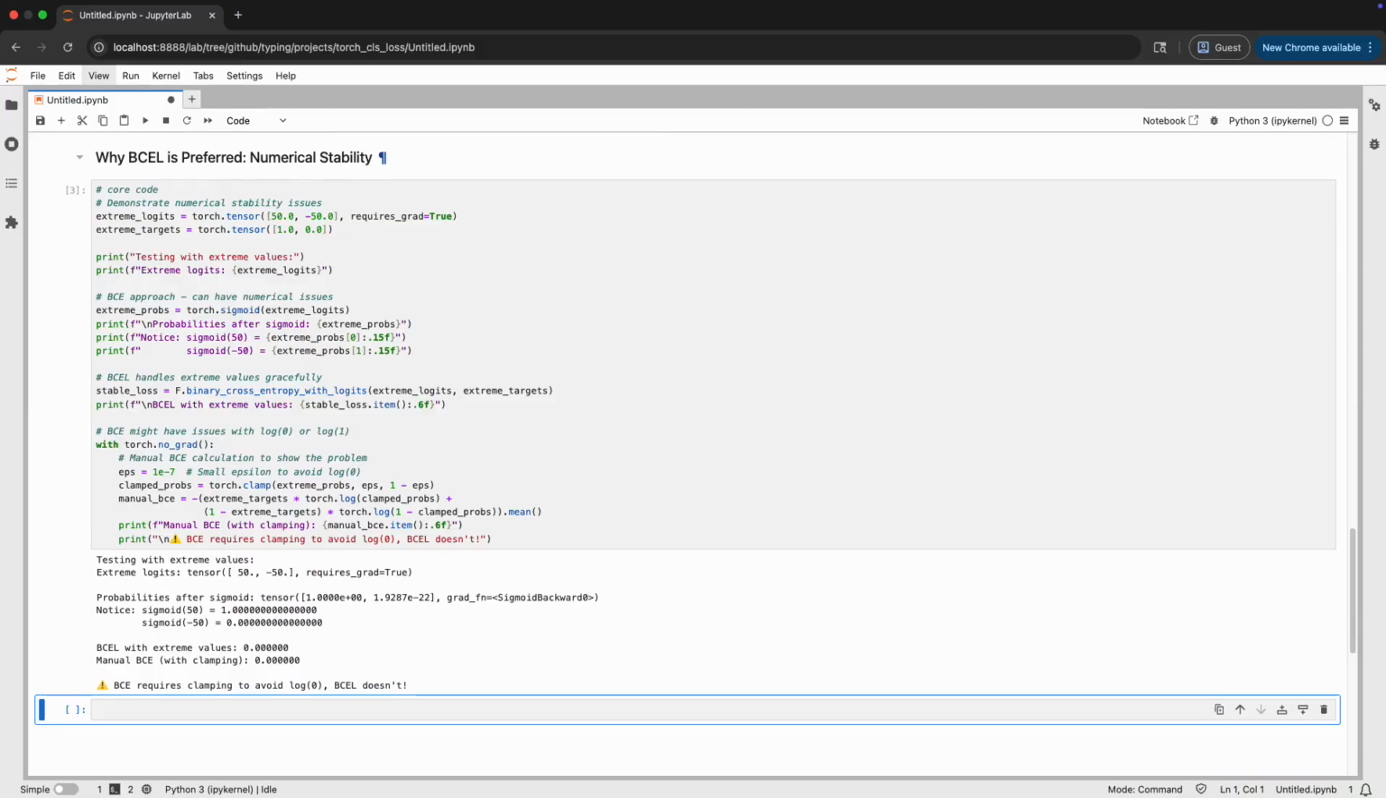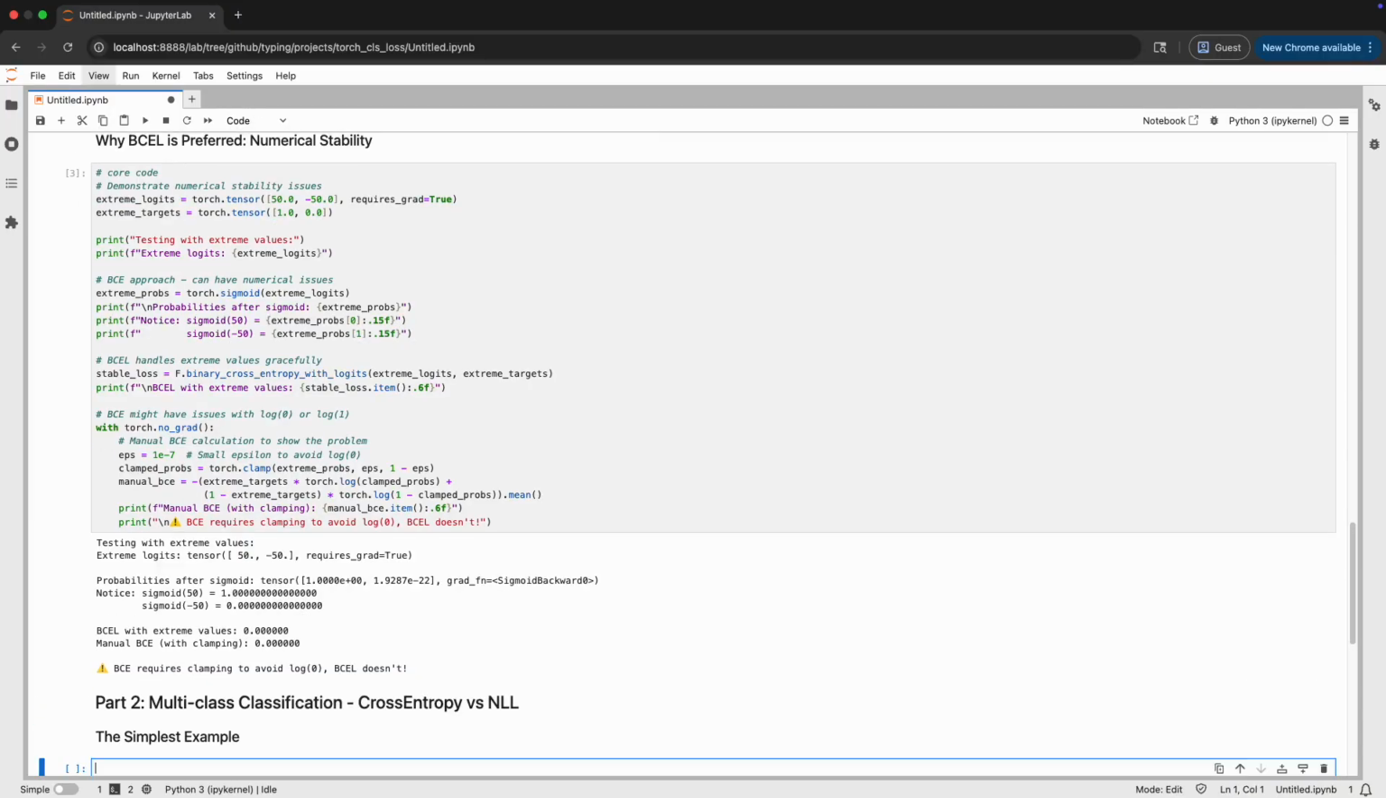BCEL handles this gracefully and gives us a loss of 0. The manual BCE calculation requires clamping to avoid taking the log of exactly 0 or 1. This is why BCEL is preferred. It doesn't require any workarounds for numerical stability. Let's move on to part 2,